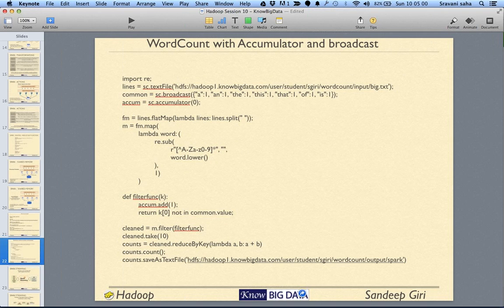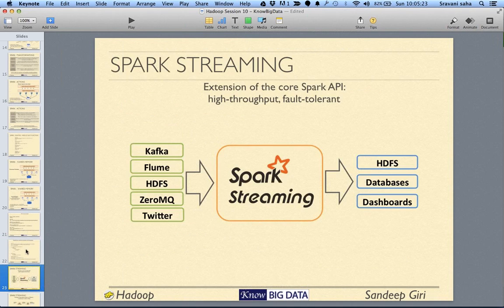All right, so this example takes you through the broadcast variable, where you can coordinate between various nodes. Inside each function you can use the broadcast variable, and before we start we define the variable with a certain value and keep on using it. After the break we'll go through a simple example of streaming. Let's take a break of 10 minutes.